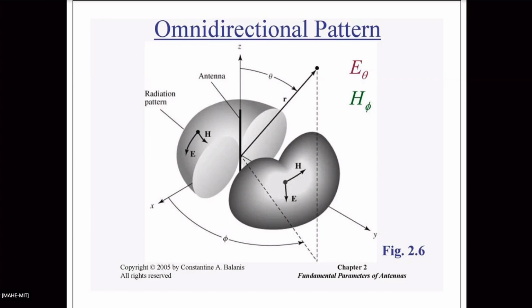Okay. So what is an omnidirectional antenna? In one plane we have an isotropic pattern and in the other plane we have a directional pattern. I told you which are those planes. So sine theta, sine squared theta, cos squared theta, these are all omnidirectional patterns. Do you understand? Because it is independent of phi. In the theta equal to constant plane, you will get a circle if you draw the pattern.